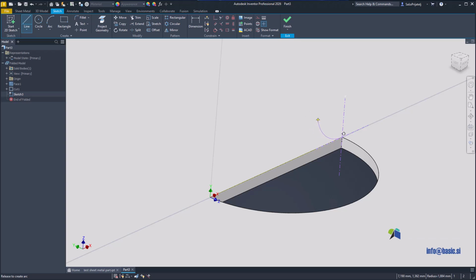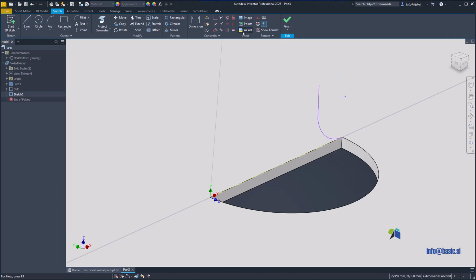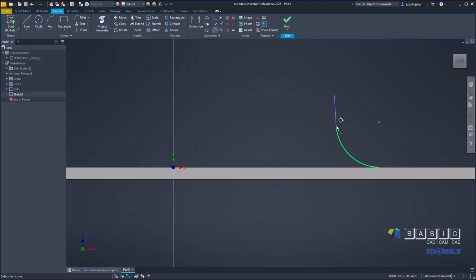So let's say this goes somewhere here, and I have some line extension here. I didn't draw very precisely, so I have to make some constraints. So this will be tangent, and also I want that this is on the same horizontal line,